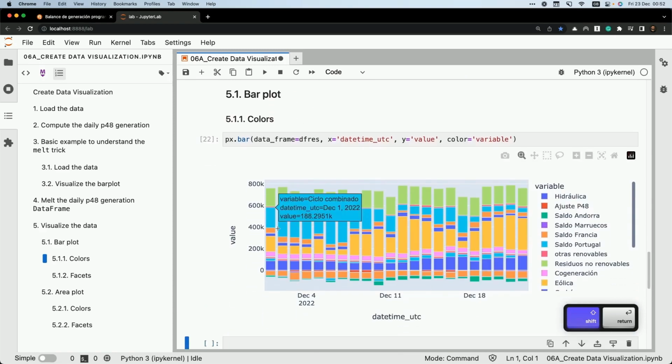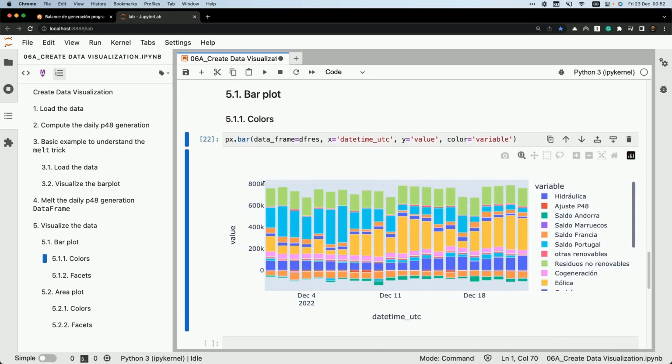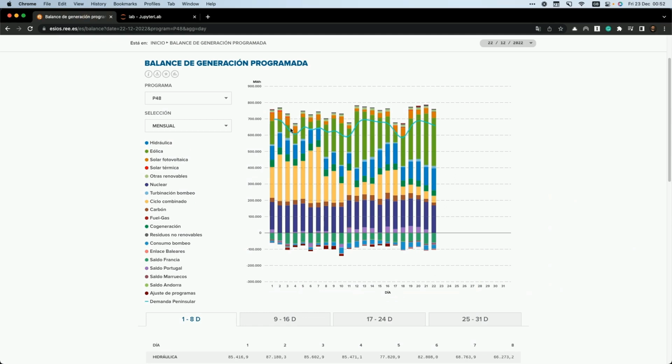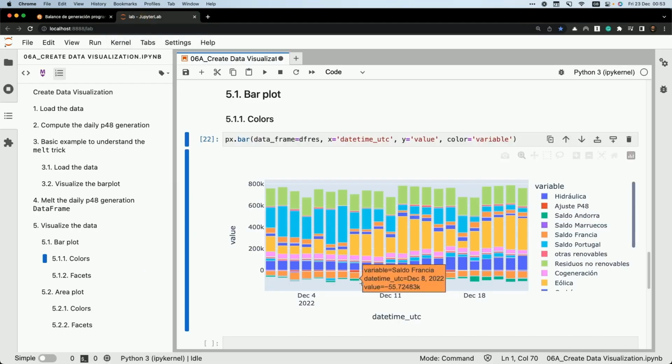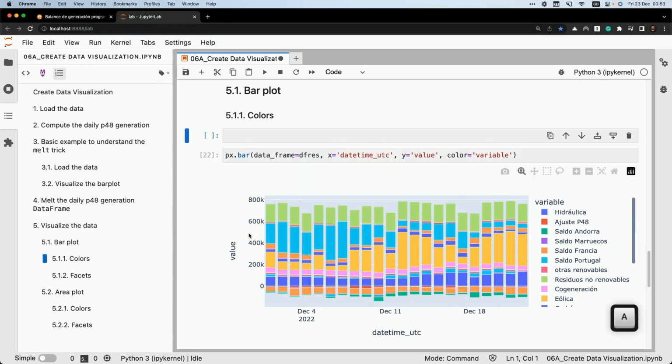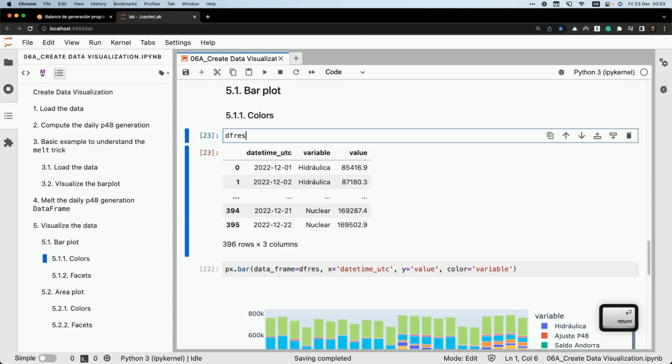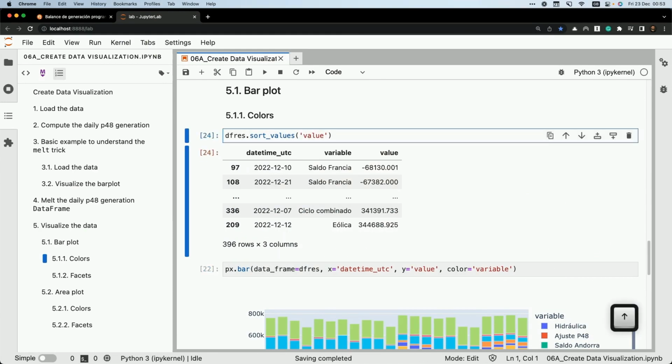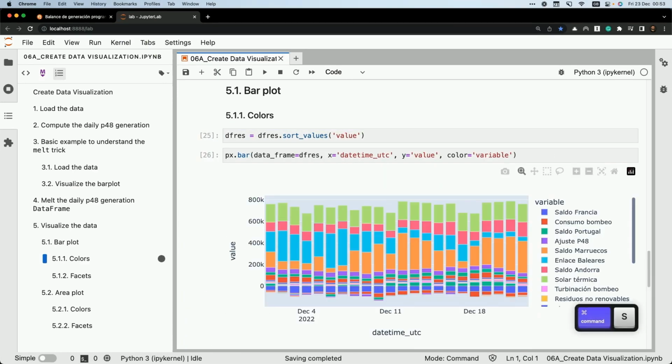And here we have a visualization that goes up to 800,000 megawatts per hour, as we can see in this chart from the ESIOS page. Though, if we wanted to improve the visualization so that, for example, at the bottom appear the technologies that generate more energy, we could go to the data frame DFRes and tell it to order the values according to value. And here, I save it in the variable DFRes again and execute,